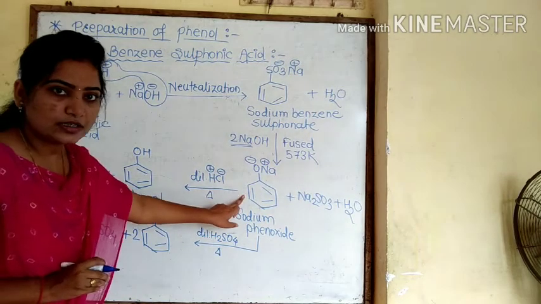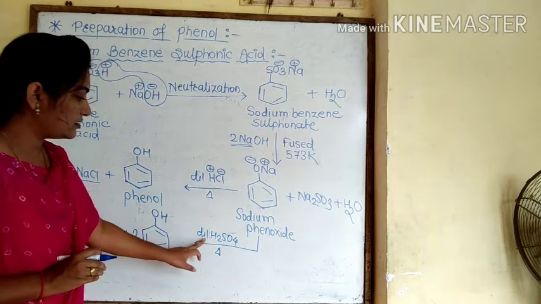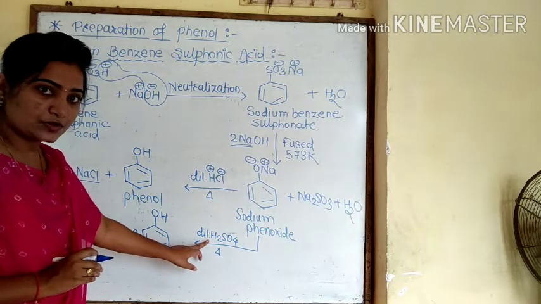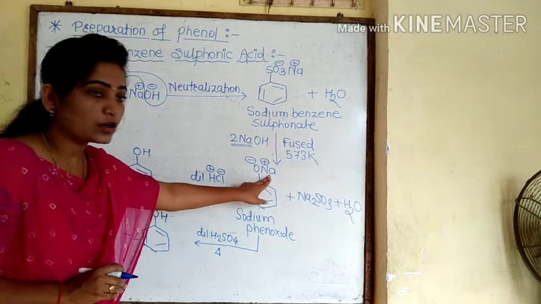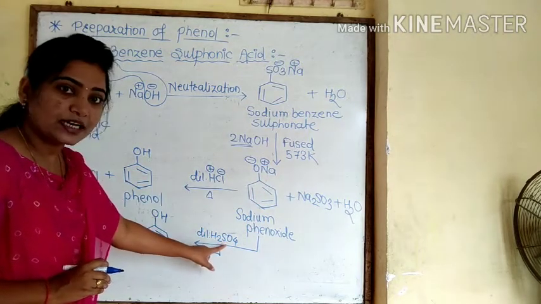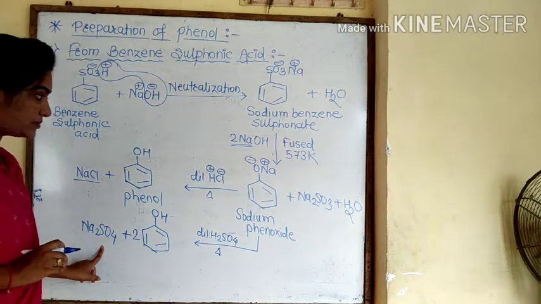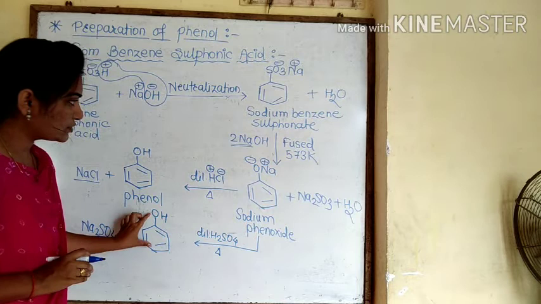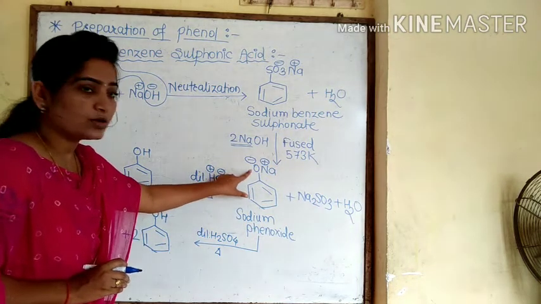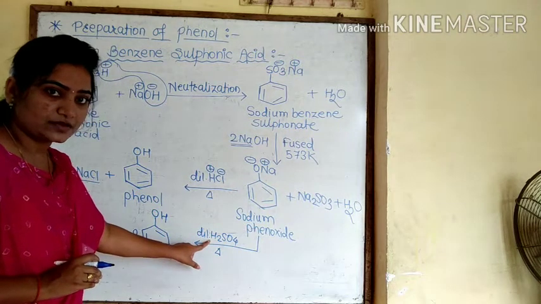जर इथे 2 moles घेतले, when here we take 2 moles, then it reacts with dilute H2SO4, so that 2 moles of sodium, मतलब Na2, that Na2 reacts with SO4. So Na2SO4 is removed, sodium sulfate, and here 2 moles of that benzene ring with O negative as it is. So O negative, it will accept H positive ions from here.